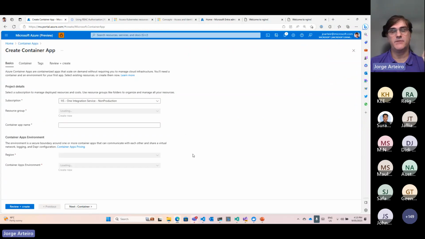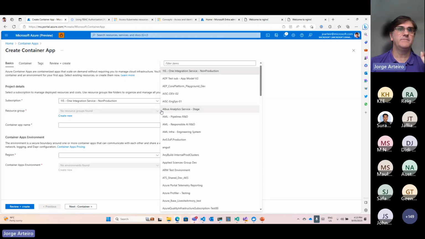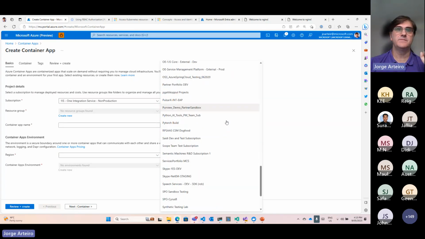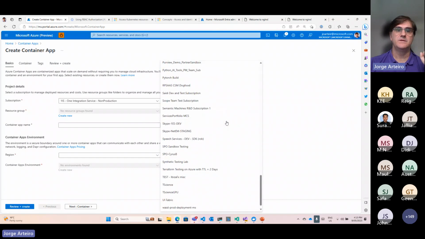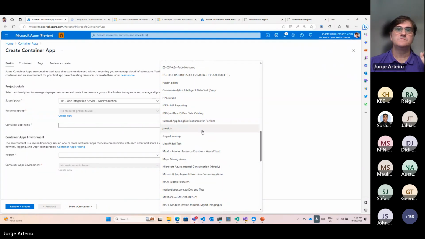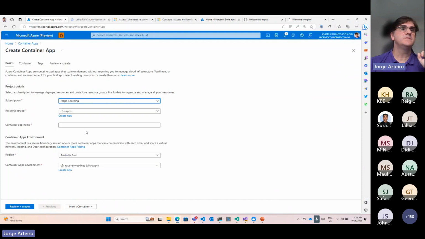There is integration, by the way, with Visual Studio Code and Visual Studio as well. But from the Azure portal, if I get my subscription, sorry, sure.